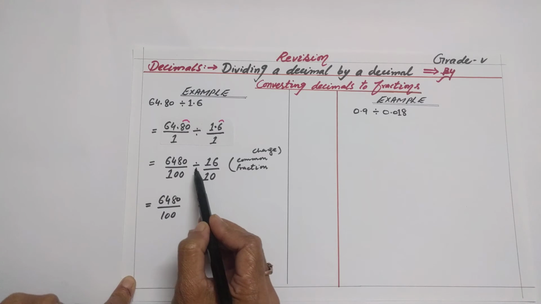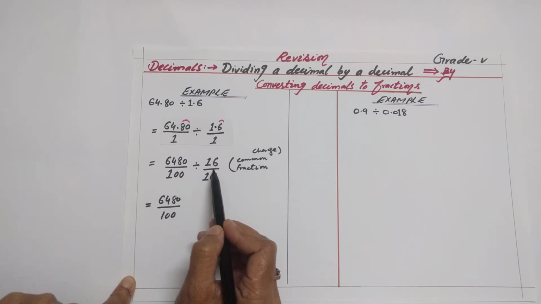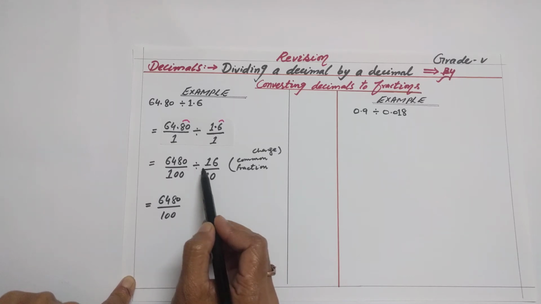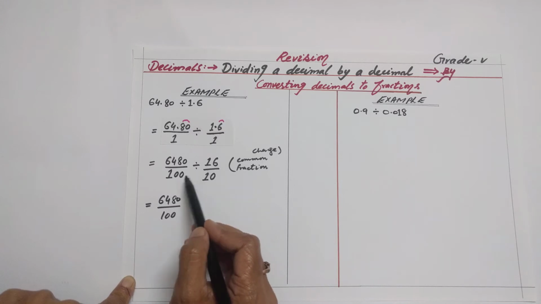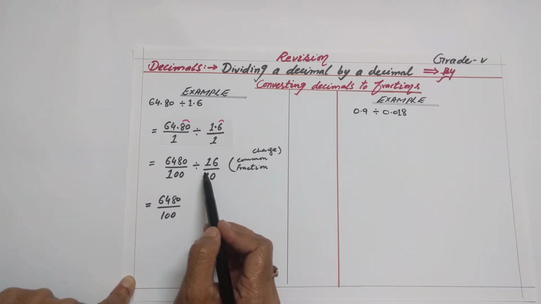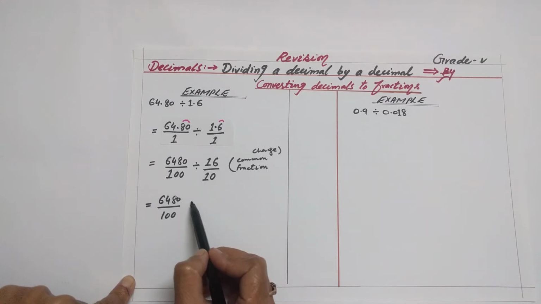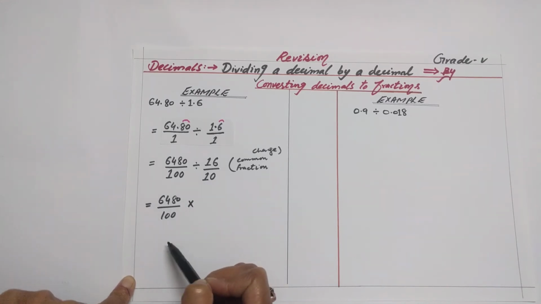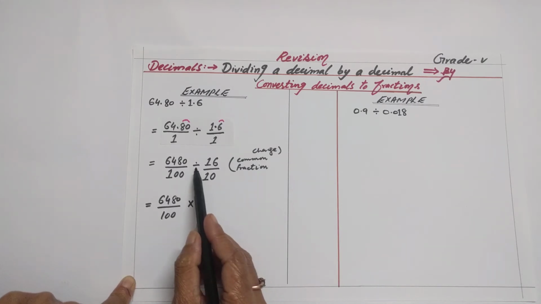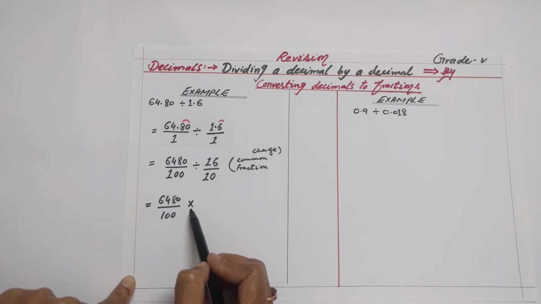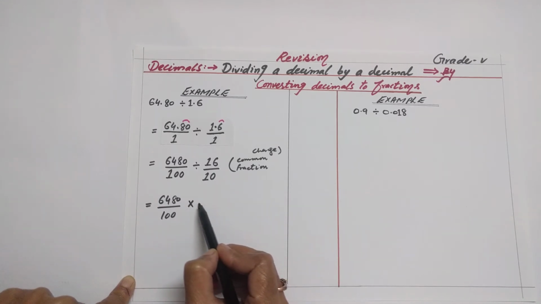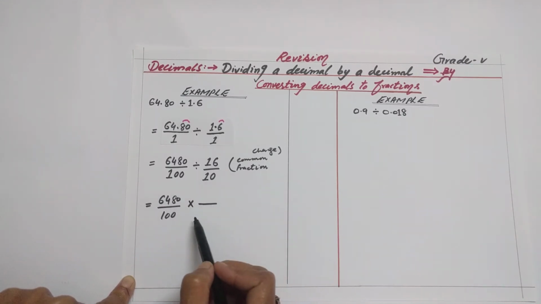and as in the division, when we have any fraction along with the division sign, we cannot cross out any numerator or denominator by a common factor. So firstly we will convert this division into multiplication, and when we convert this division into multiplication, we will take the reciprocal of the second fraction.